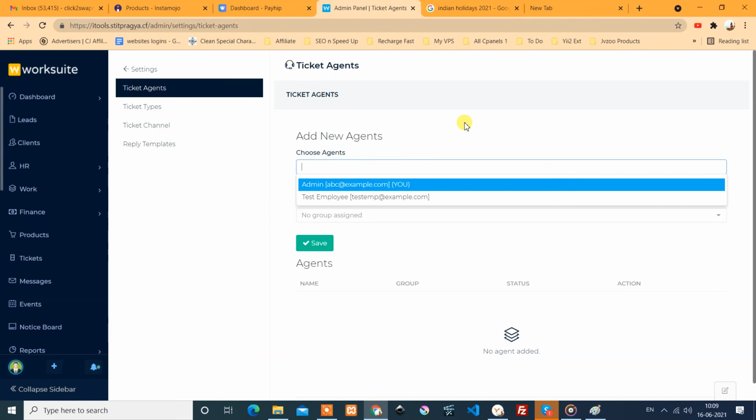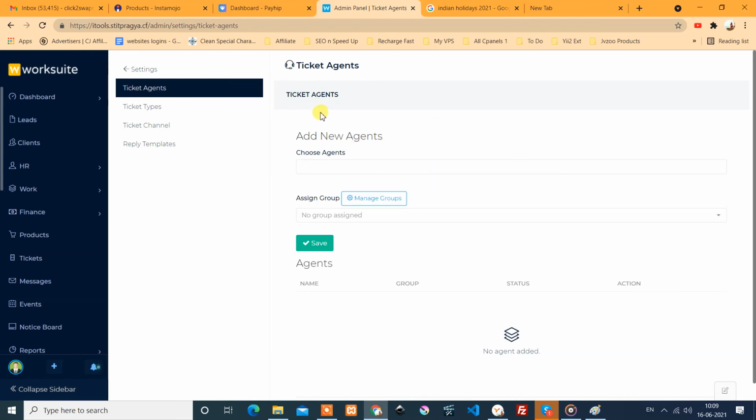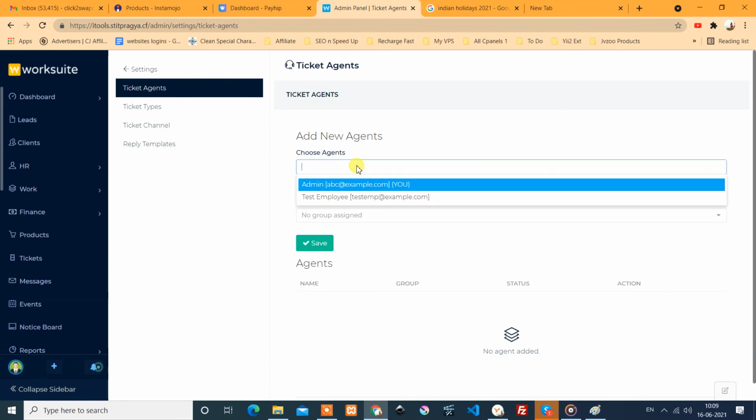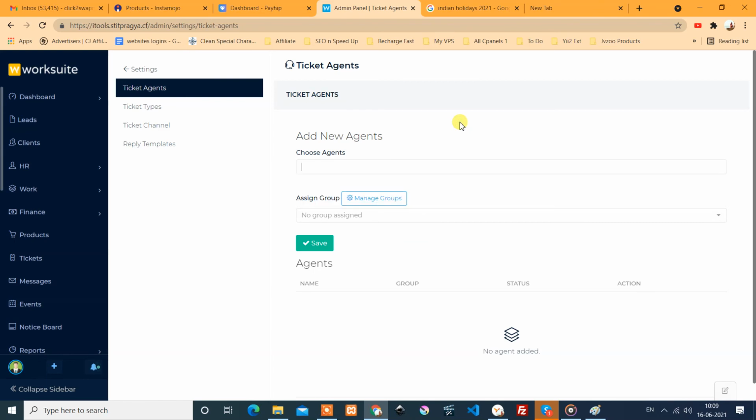These are the tickets. If someone places a ticket for your company, then who will resolve those tickets? Some member. This is called the ticket agent. You can assign some employee as a ticket agent. It will display the list of all the employees, and if a new ticket is created, that employee will get an email notification.